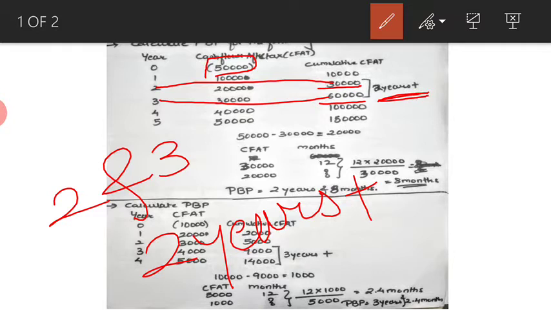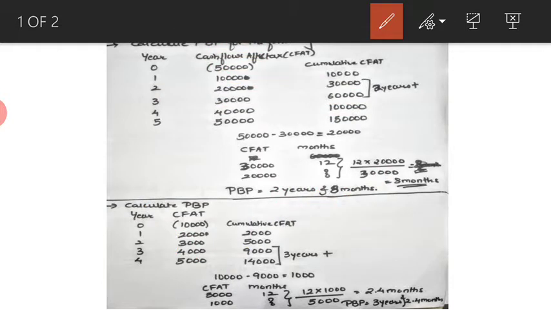Now we need to understand how many months. So I hope you're clear that your initial investment lies between these two cash flows, that is 30,000 and 60,000. Okay. So if you consider 2 years, the total cash flow that you're collecting is 30,000, which is not enough for us because we require 50,000 for payback, but we are collecting only 30,000 in 2 years. If we consider complete 3 years, then we are getting more than 50,000. So it cannot be 3 years also. So it has to be between second year and third year. So your answer would be 2 years plus. Now how many months? Let's see.